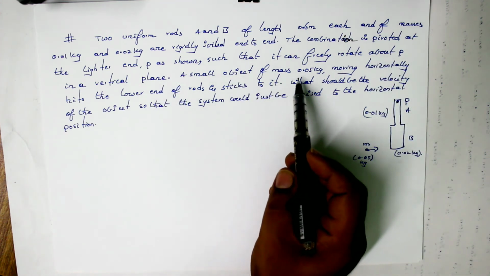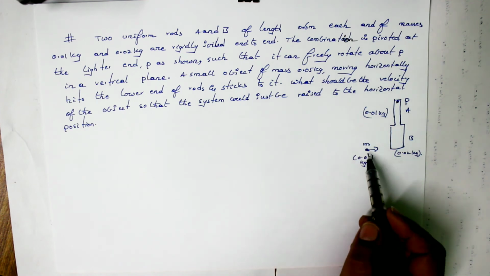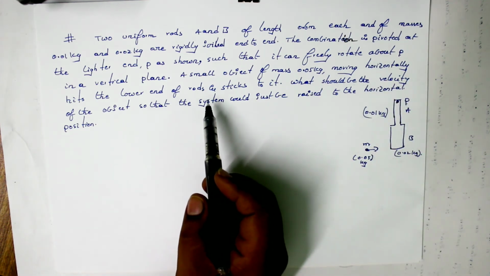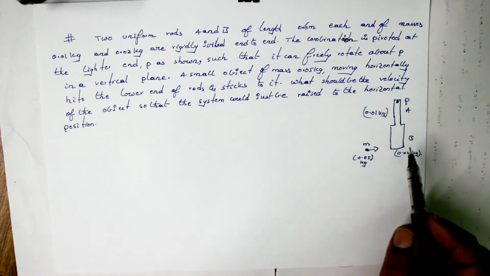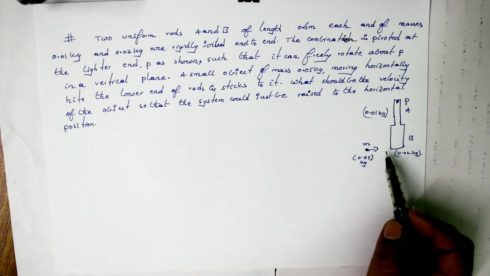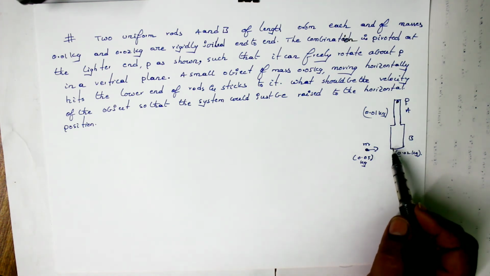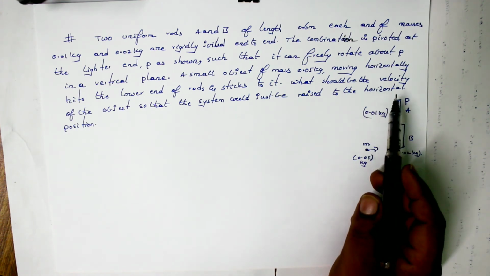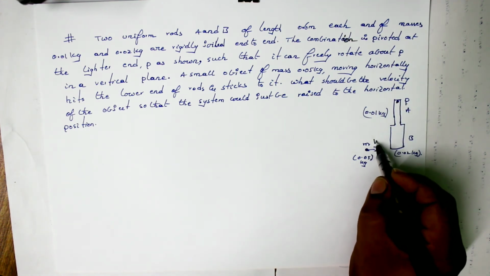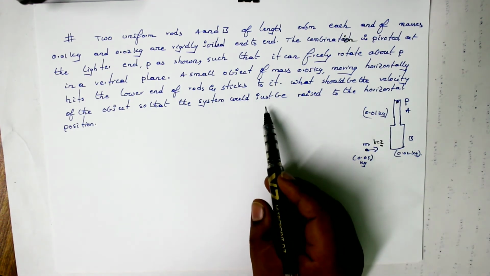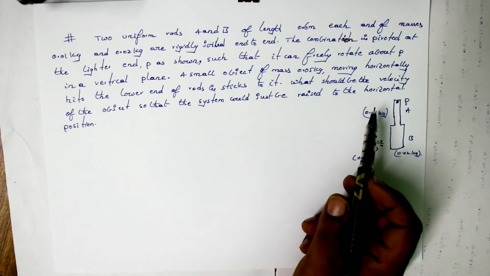A small object of mass 0.05 kg, moving horizontally, hits the lower end of the rod and sticks to it. So it is going here, and after collision, it is a perfectly inelastic collision. So it sticks with this combination of rods and travels along with them. What should be the velocity of the object? This velocity we are supposed to find out so that the system could just be raised to the horizontal